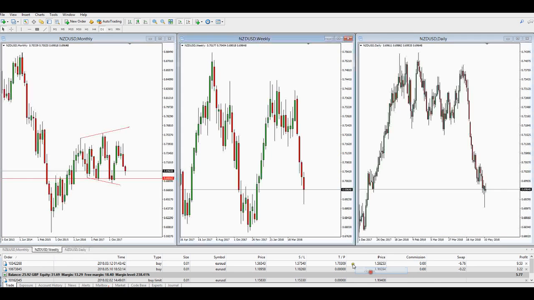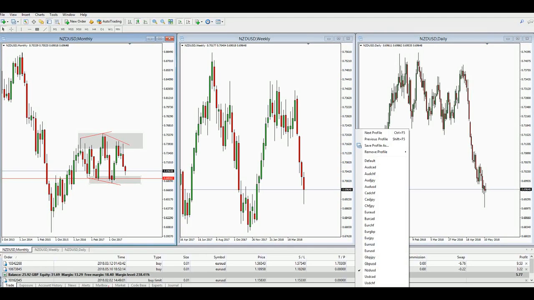Let's go on to New Zealand dollar. Expanded range, price could still drop down to here. It's also, if you look at it, turned from an expanded range now kind of either into a range with the upper end being up here, and now we have the lower end down here, so it could bounce from this area and back up again. So look for longs down here at the extreme.